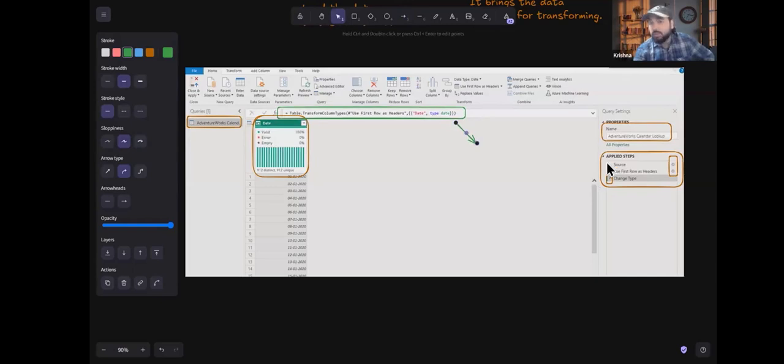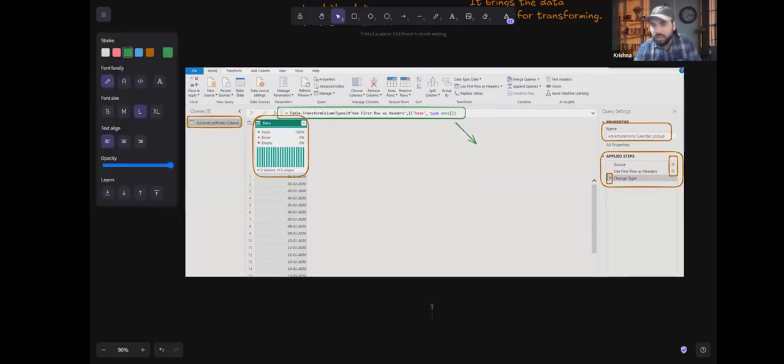Whatever applied steps you perform as a setting-based thing, meaning whatever steps you do from the features available in the Home tab, Transform tab, or Add Column, whatever steps you click on, it automatically generates a language for you that is called M code language. So we have M code as a backend language. You do not need to learn it. Nobody will ask you. The M code language is generated by the system, whatever steps you perform here in the applied steps.